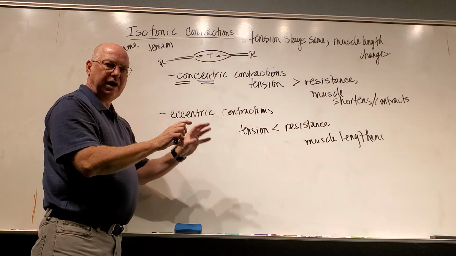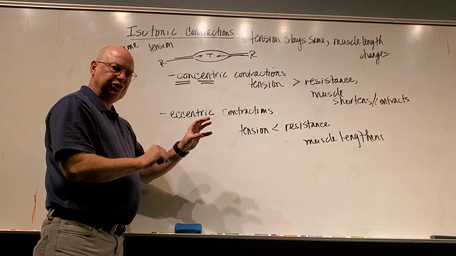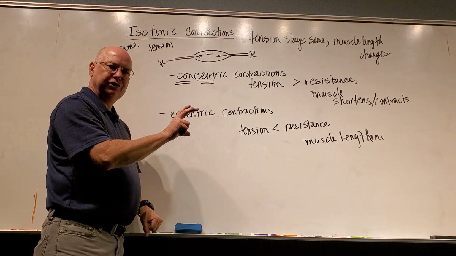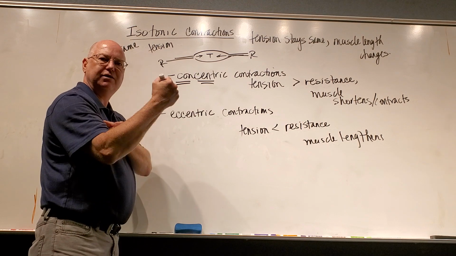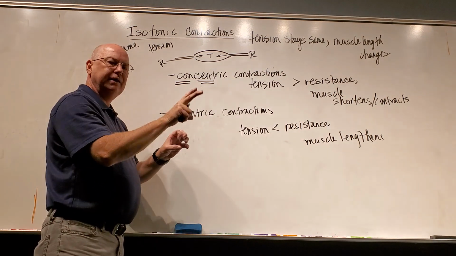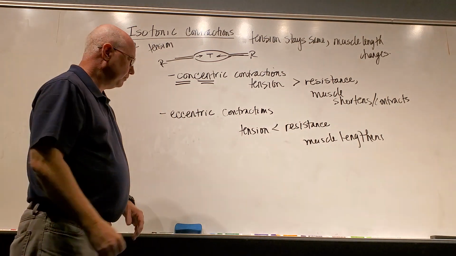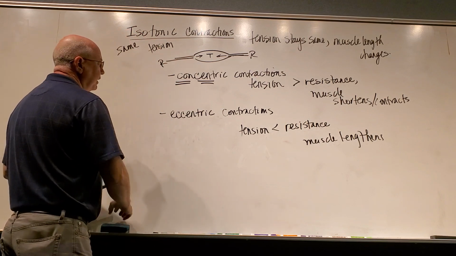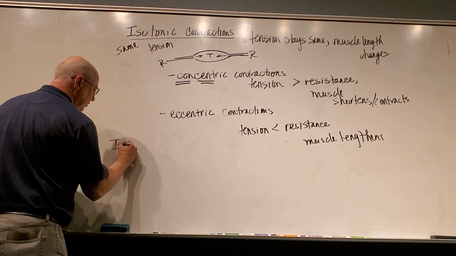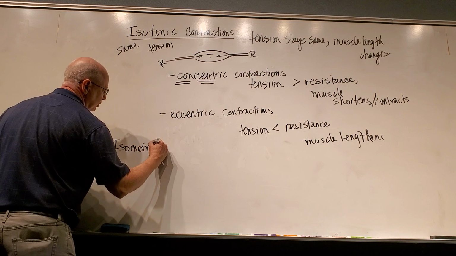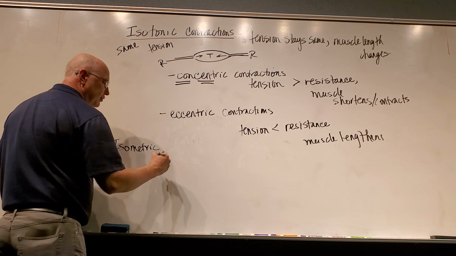If one motor unit gets tired, as it starts to shut down, another motor unit of 100 cells will replace it. So I always have the same number of cells firing, and that's how you work more of the muscle. Now, the opposite of isotonic contractions is isometric contractions. In an isometric contraction,